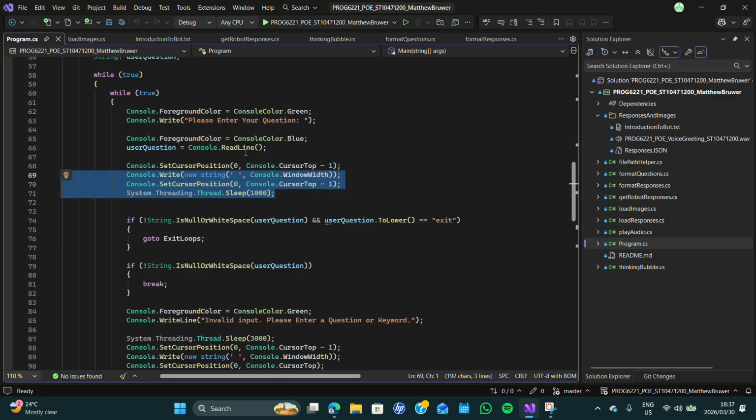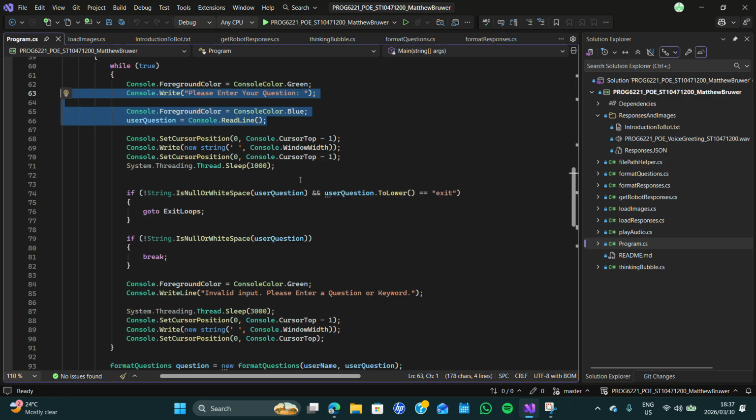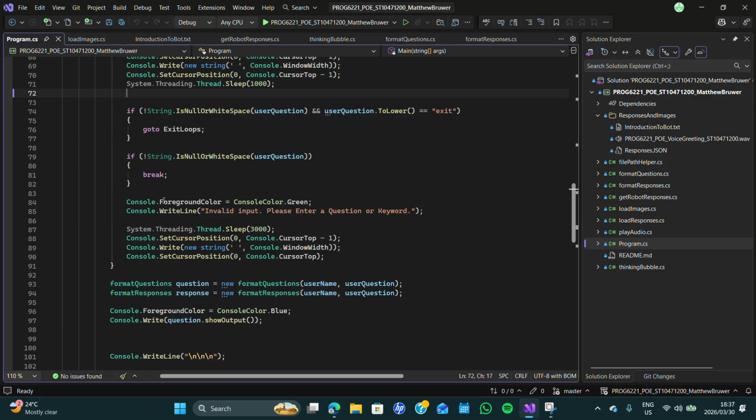This bot deletes the actual line in the console and calls the format questions class just to make the console look neater.